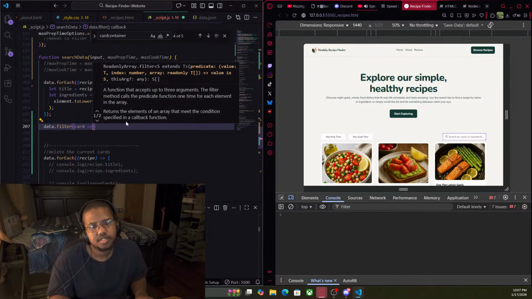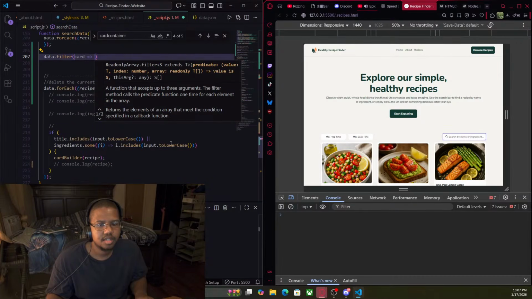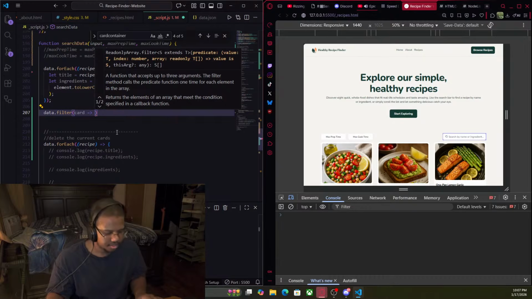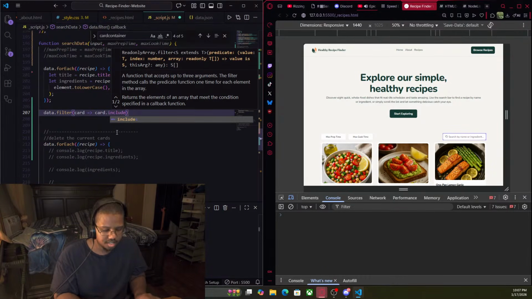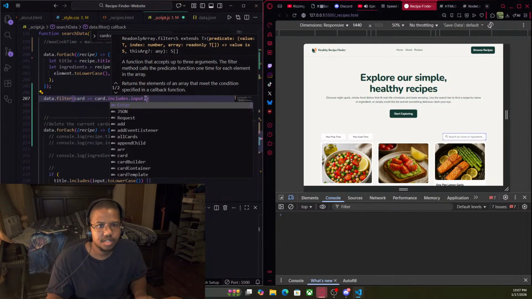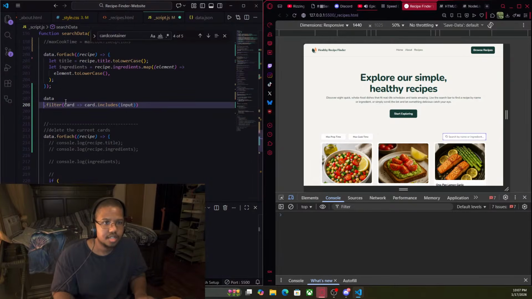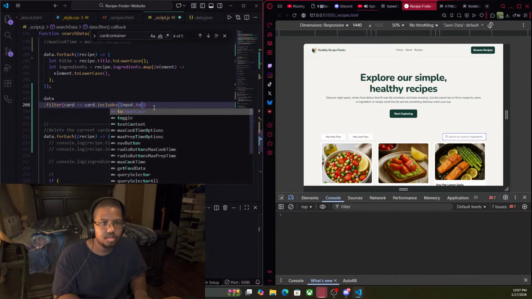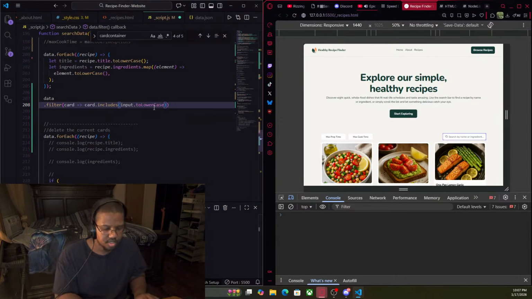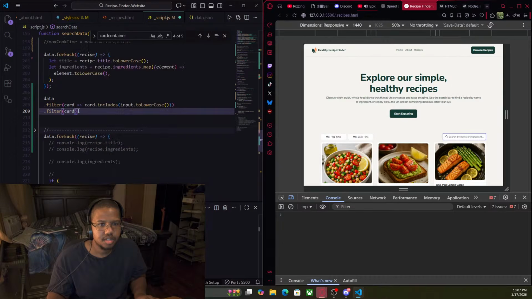card. And how do I do a conditional right here? I can say card dot includes input dot, how do I do includes input dot to lowercase, and then we're gonna do that filter hard, then we're gonna say